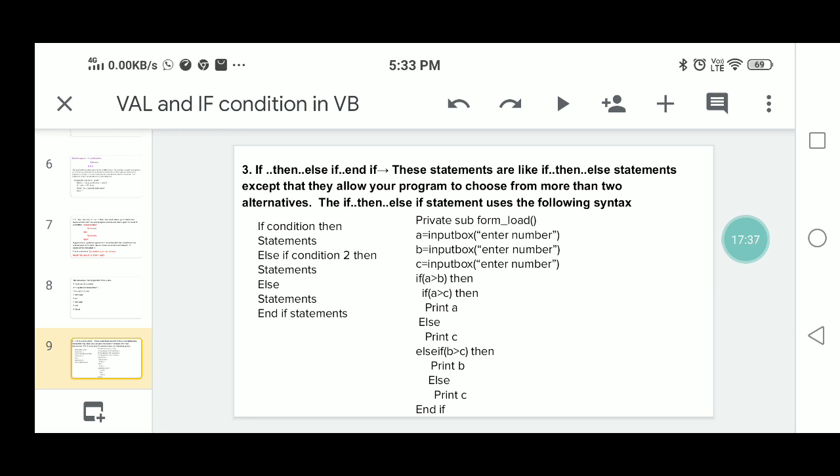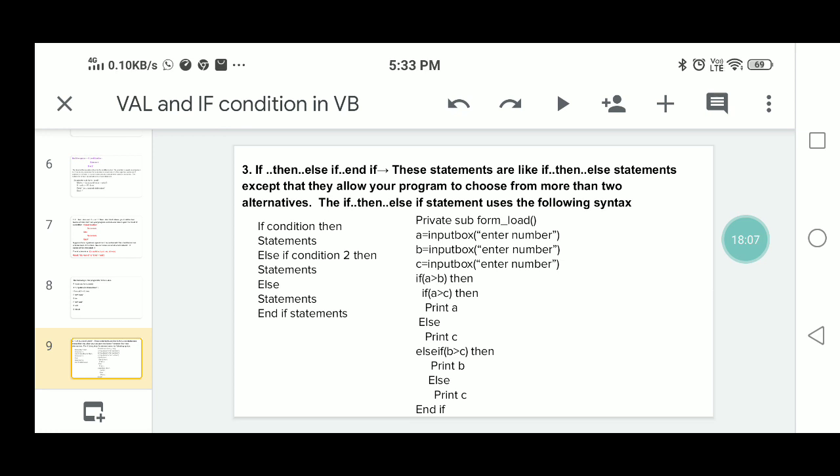The if then else if statement uses the following syntax. If the condition is true, execute the statements. Otherwise, if the condition is false, go to else. Again in the else part you can take a condition. If the second condition is true, execute the second conditional statements. If the second condition also fails, it will take the else part statements and end if.